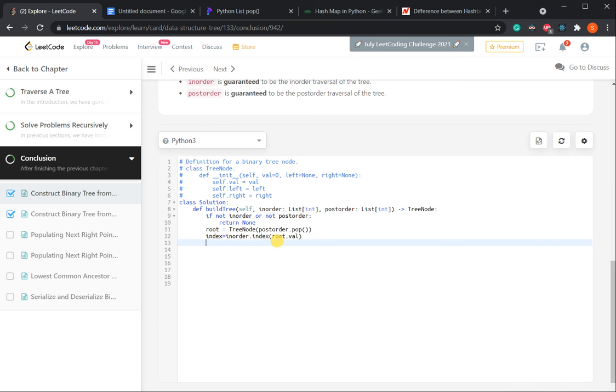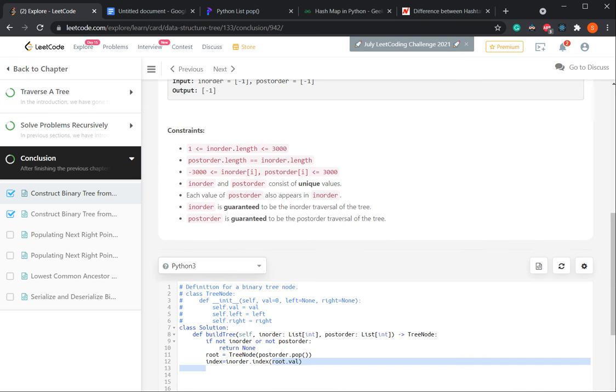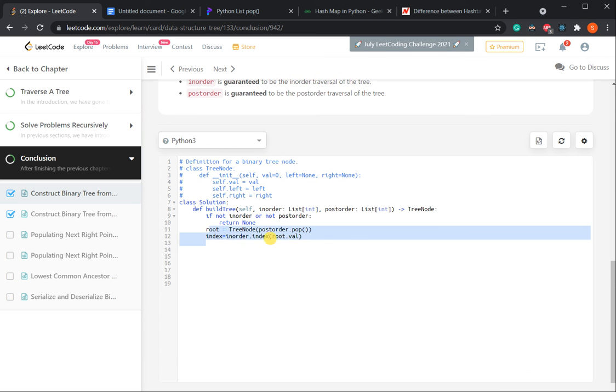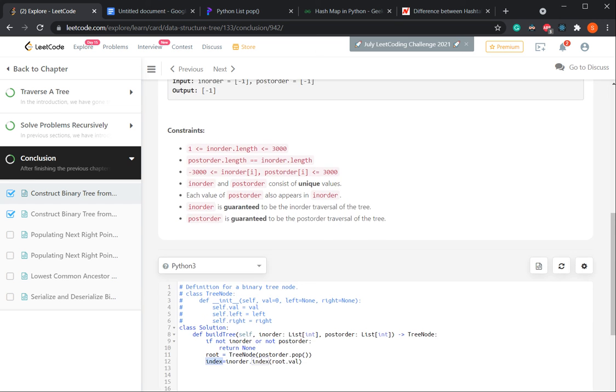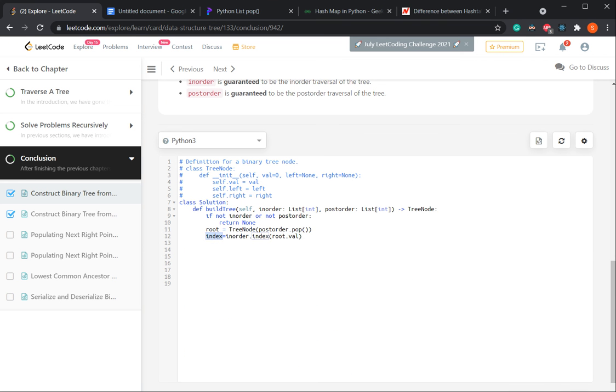So we are finding the element 3 in the inorder. This line will store the index of 3 in this array. So now we know the index of the root node in the inorder array.